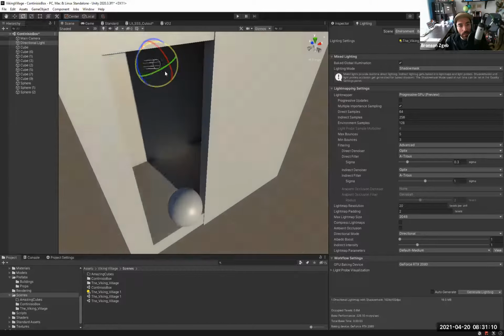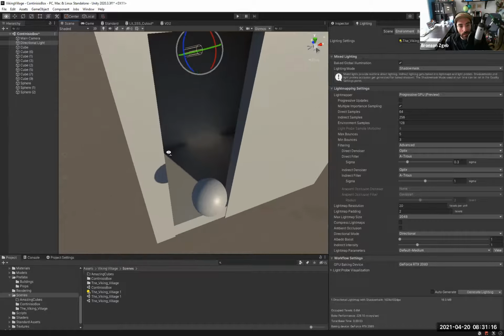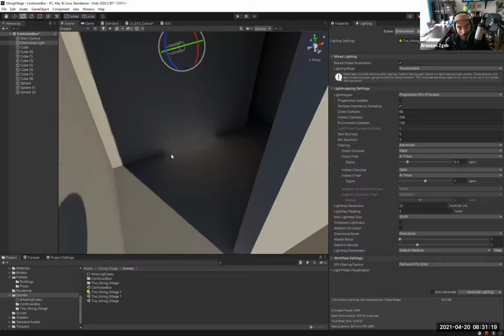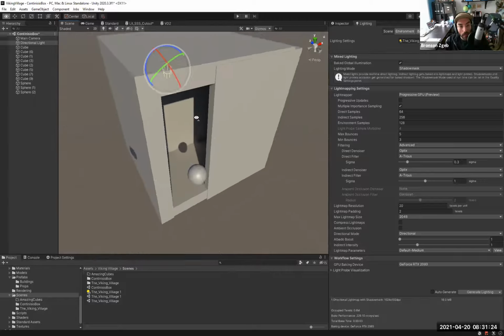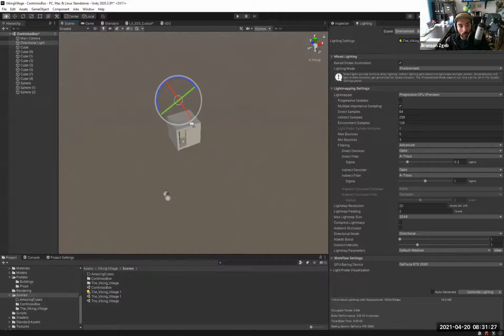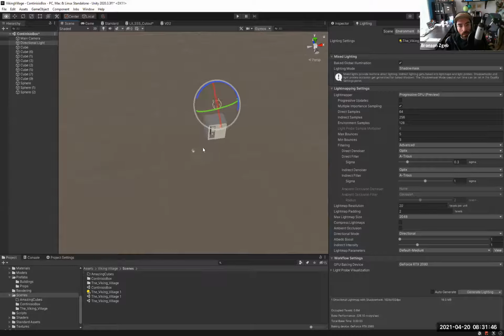And that all works. You can still see there's some indirect light baked into our static object here. You can see this weird opening where the door was, where the light was initially pointing. But as we move away from the object, it switches from the real-time lighting into the fully baked lighting. So you no longer see that window of light moving around. Now it's fully just the baked light.